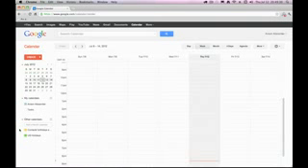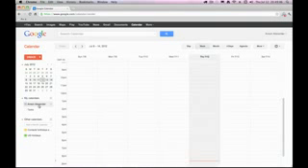What I'm mainly going to be talking about today is this calendar right here that has your name on it, or the name of whatever account you're using. So for me, it's Anson Alexander. For you, it's going to be whatever the name of your account is. That's your personal calendar. That's the default calendar that is created when you create a Google account and open up